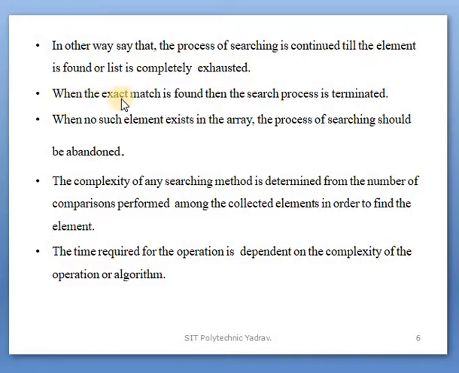When the exact match is found, the search process is terminated, that is, it stops. When an element in the list matches exactly, the element is found, and the search process stops.